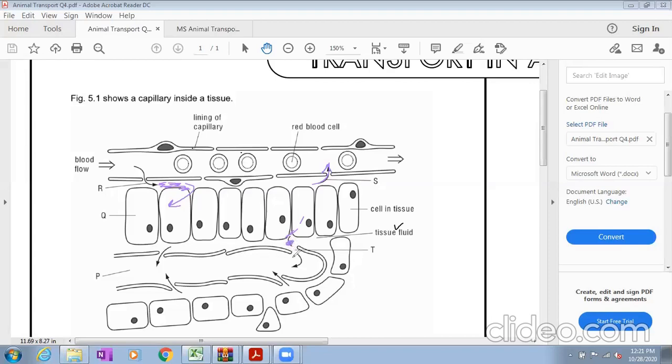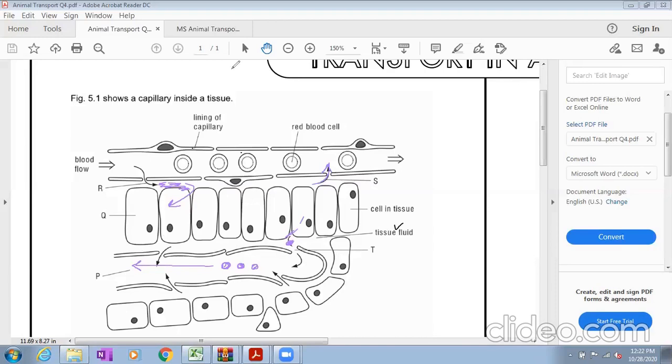Now, when it enters this lymphatic vessel, this tissue fluid is called lymph. Lymphatic capillaries form lymphatic vessels, right? Now, where will they move toward? To mix with your venous system. On the way, that will pass through lymphatic nodes. Is it clear? Right? Up to here, this is clear.